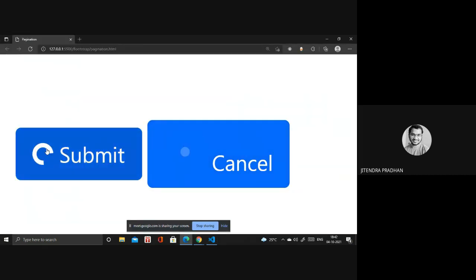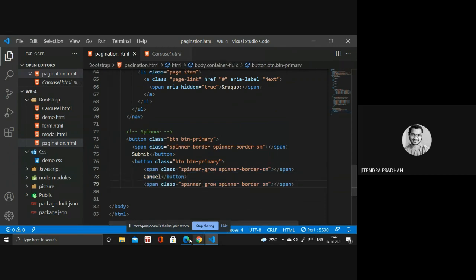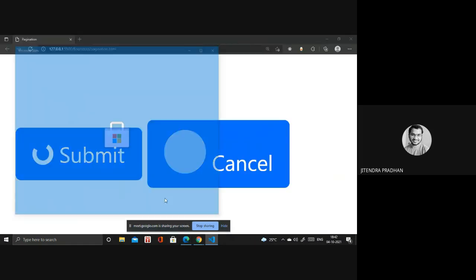This one is the spinner border, and this one is the spinner grow. Okay, so not only in a button, you can use any of them. If you write it in that whole part, it will perform like a processing indicator below it.